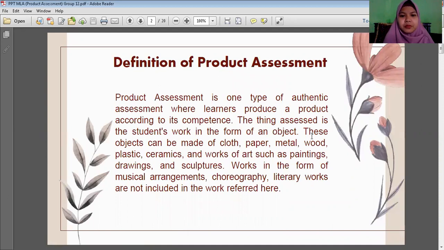First, the definition of product assessment. Product assessment is one type of authentic assessment where learners project a product according to its competence. The thing assessed is the student's work in the form of an object. These objects can be made of cloth, paper, metal, wood, plastic, ceramic, and works of art such as paintings, drawings, and sculptures, works in the form of musical arrangement, choreography, literary works, and are not included in the work referred